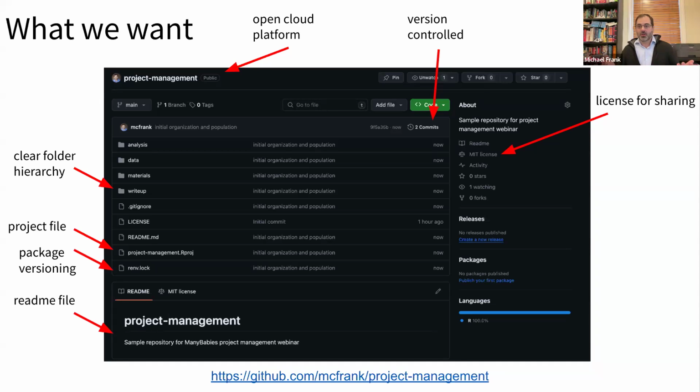So this is the general outline of what we're going to be trying to create today. We won't necessarily be doing it on GitHub. We'll be looking at a couple of different tools for disseminating this kind of project. But the general idea is that we want to learn the principles behind organizing a project like this, and then we're going to move to the specifics of how to organize your project with RStudio and Open Science Framework, or Git.